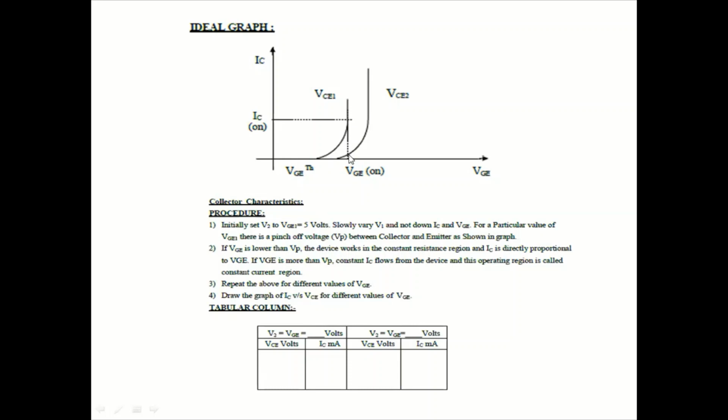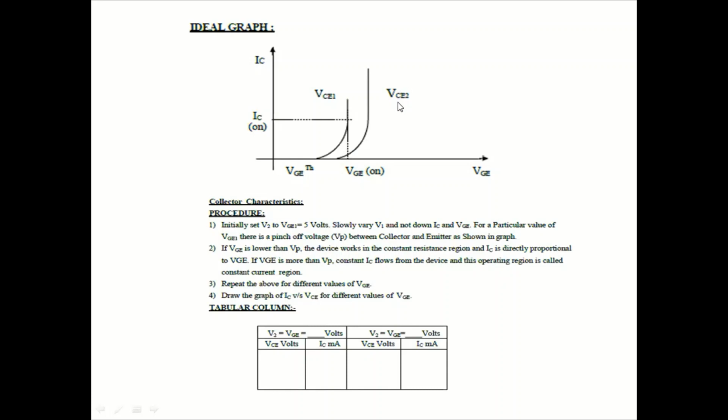But after a particular point, you can see that the voltage across the gate to emitter will be clamped to a particular value, which is called the gate to emitter voltage on. So once you reach that particular value, even if you increase the gate to emitter supply voltage, thereafter you can see only a change in the collector current, not any change across the gate to emitter voltage, in spite of variation in the supply voltage across the gate to emitter. You can see the same kind of characteristics even for a different value of supply voltage across the collector to emitter.